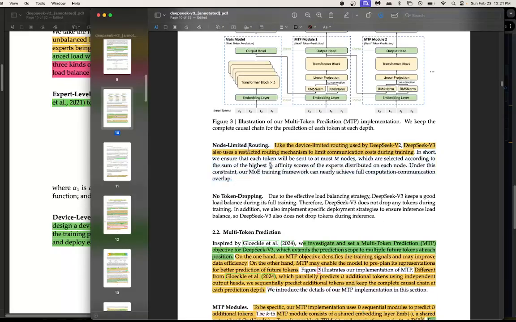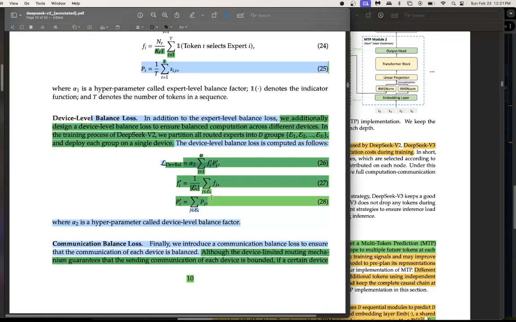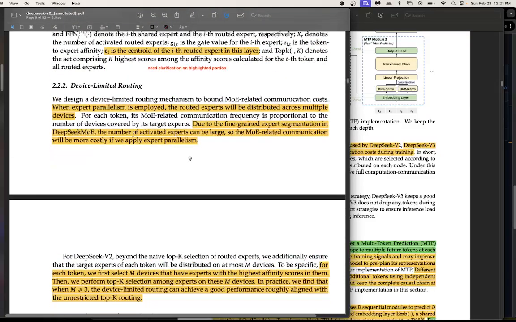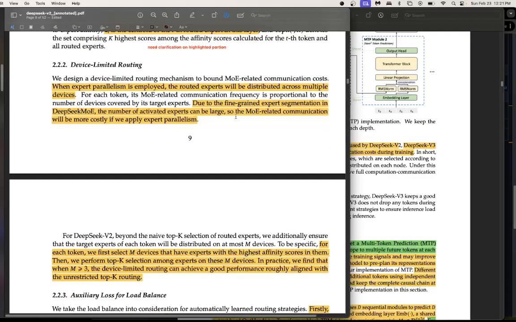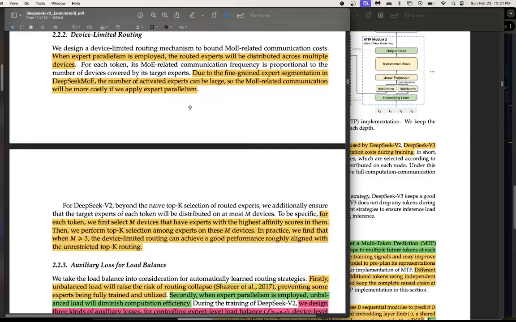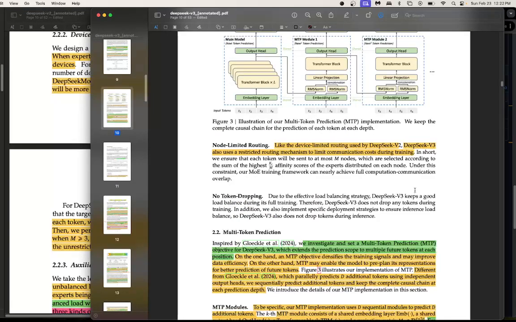They also use node-limited routing, which they discuss here. Basically, this is complicated, but for each token, when doing the routing of tokens to experts, they first select M devices that have experts with the highest affinity scores in them, right? So the experts are located somewhere, and they select those devices and perform top K selection among experts on those M devices. So what they're trying to do here, I believe, is avoid sending too much data over InfiniBand,